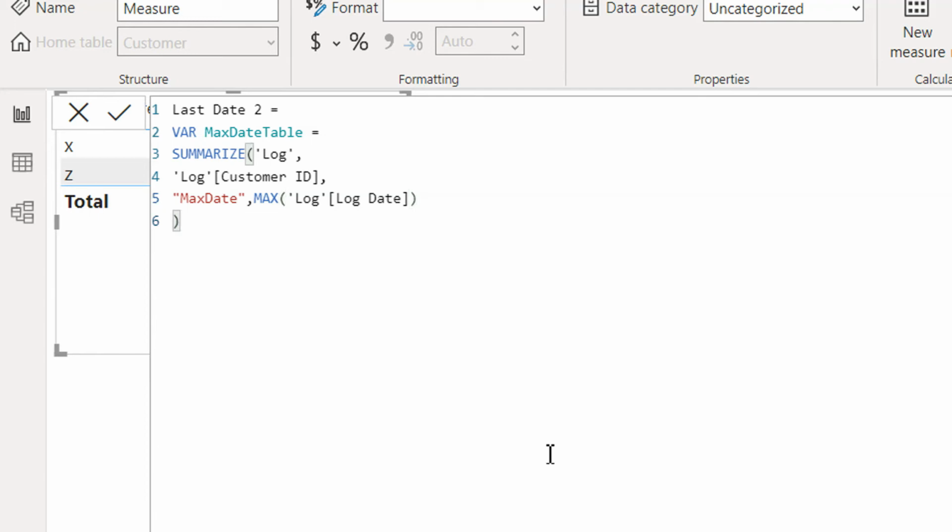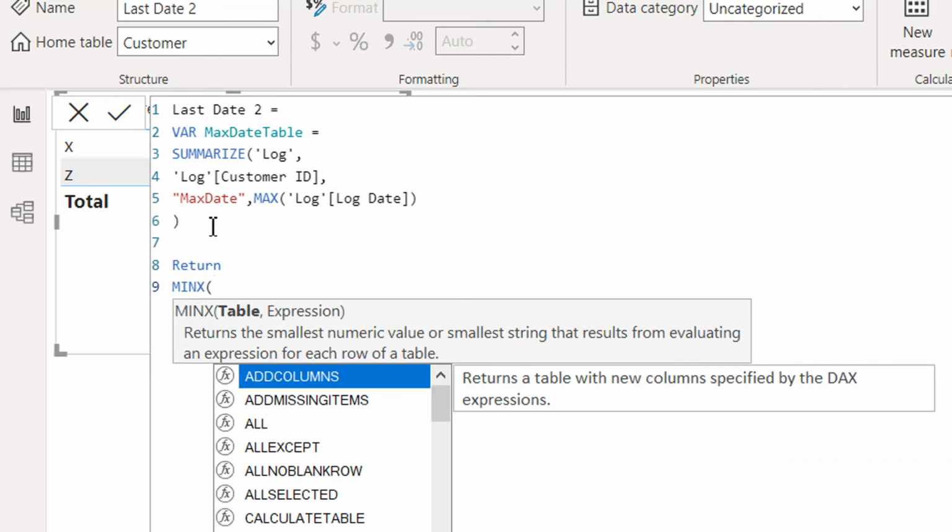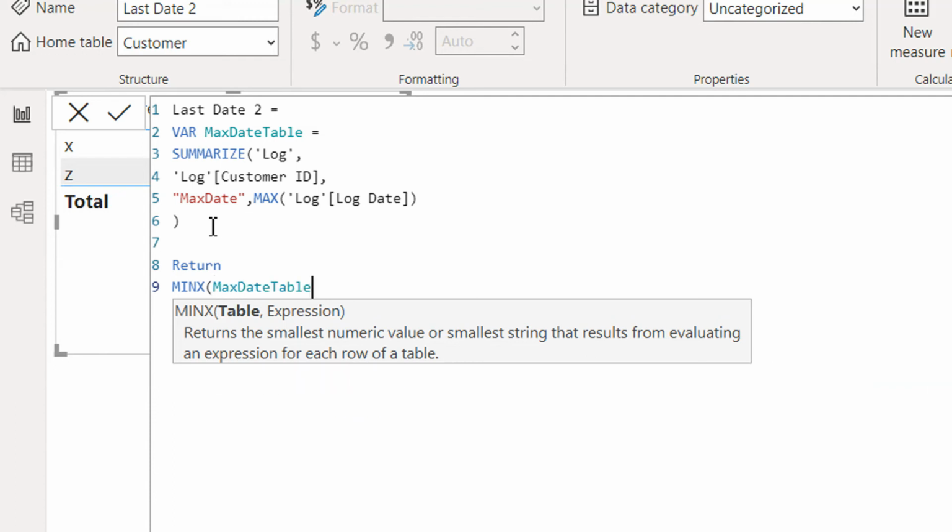So this is the variable. The variable contains the max date table information that we have seen in DAX Studio. Then we use the keyword RETURN and one function, MINX. The table will be max date table, because this variable is returning us one table.